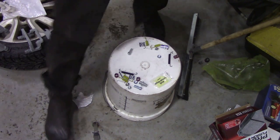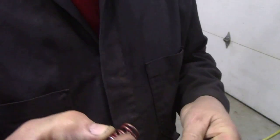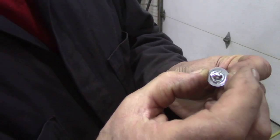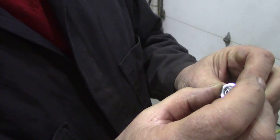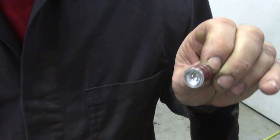Let's stand up and change the angle a bit. These are the bits that hold your shoe down. This pin comes from the back, goes through the hole, you turn it half a turn, whoops, not quite like that. You turn it half a turn and that locks it in place. And that's where I was saying you needed this